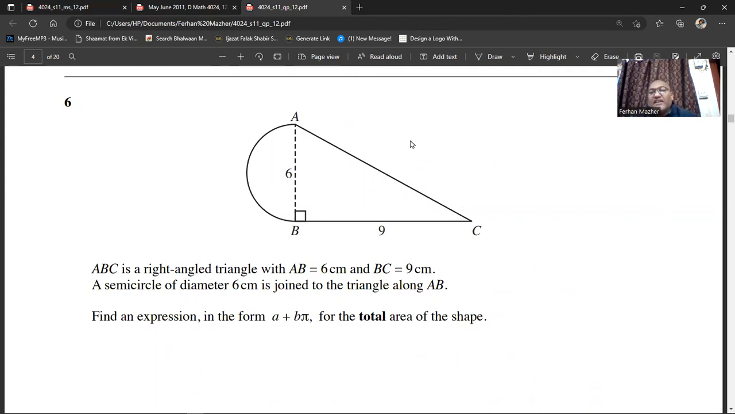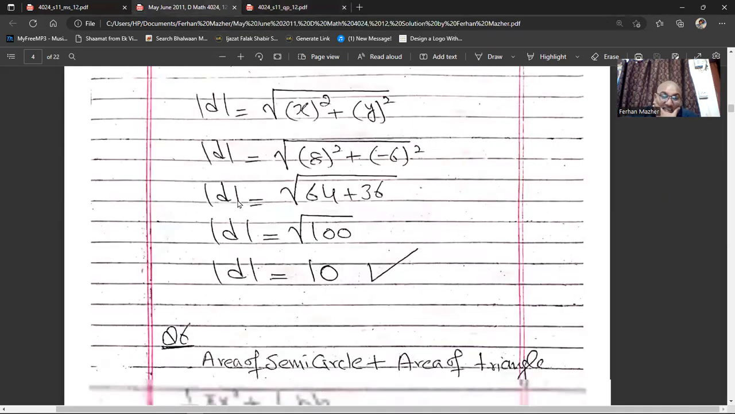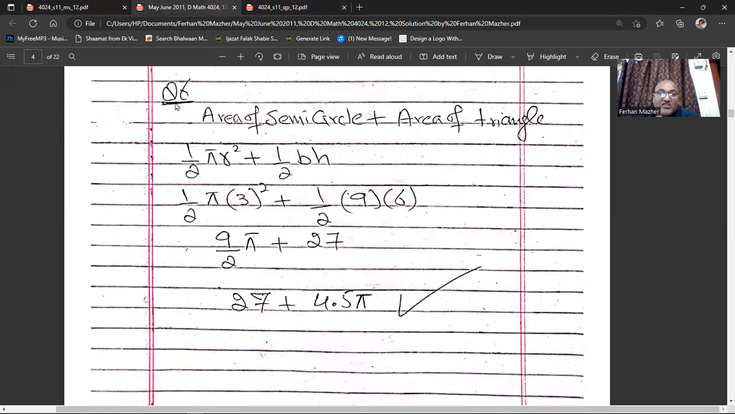The area of the semicircle is pi r square divided by 2, plus the area of the triangle, which is 1 by 2 into base into height. The radius of this semicircle is 3, so 6 is the diameter. So